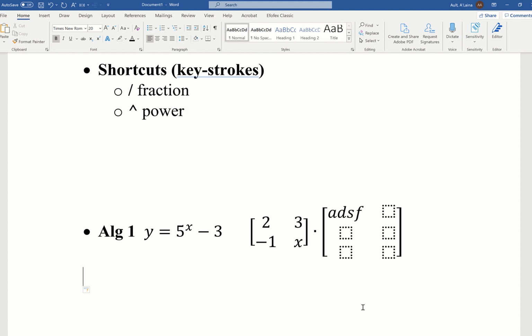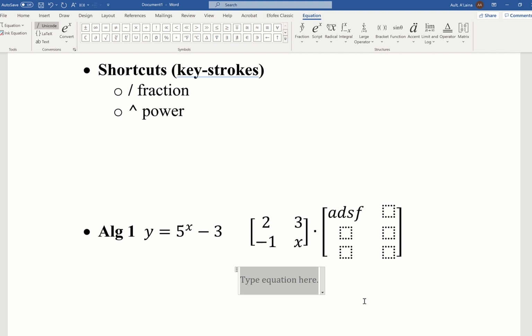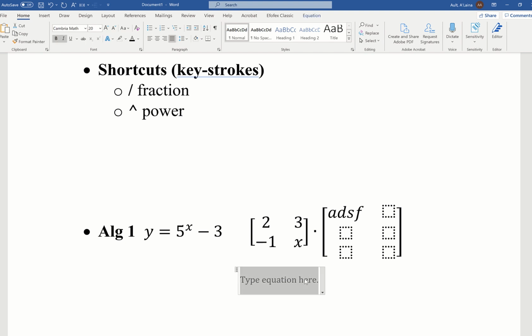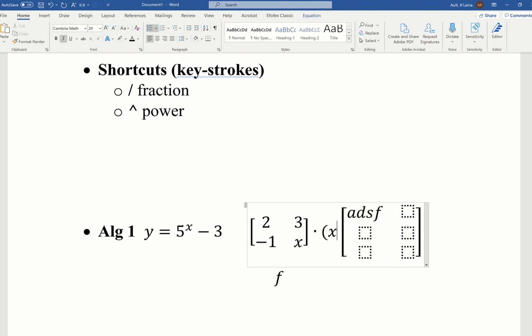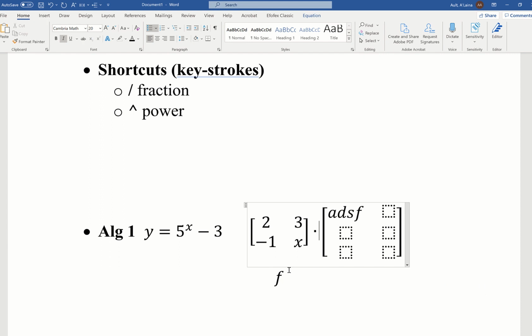Some other Algebra 1 stuff is you often have piecewise. So let's say I wanted to do f of x equals something. Let me get out of my bold here. Sorry, that is my laptop, not equation editor causing that problem. So notice also this gives you the nice italicized variables and everything. And then if I want this to equal maybe a certain